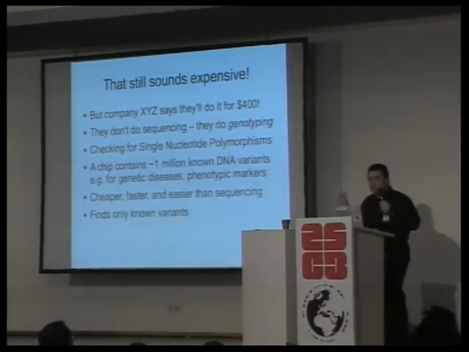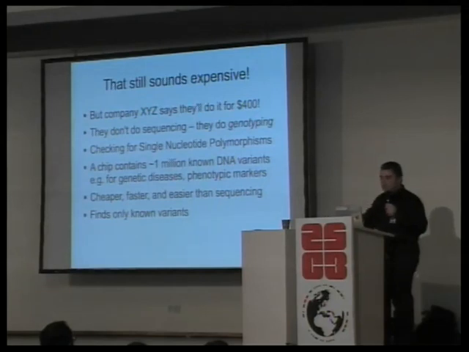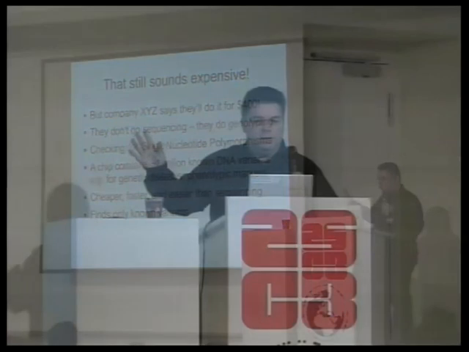It finds only known variations, so you have to actually look for a variation in order to see it. If there's a variation in the sample that no one ever heard of, or no one's testing on this chip, you don't see it. Also, it's limited to these single nucleotide polymorphisms, so larger variation is usually not detected. And there's also a high error rate when used on an individual, which doesn't invalidate its use entirely,